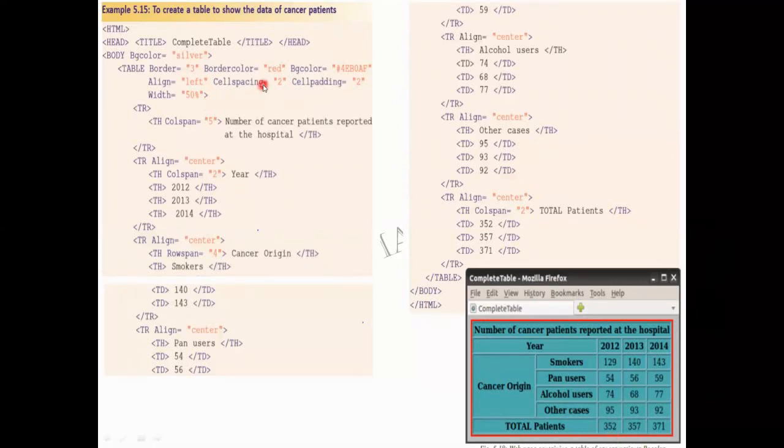Here they have given the border color as red. In our question paper we will not see this red color as such. So at that time they will specify it in the question: give the border color as red. They will give it in words. So you have to understand that and do it. Here now your table is created.